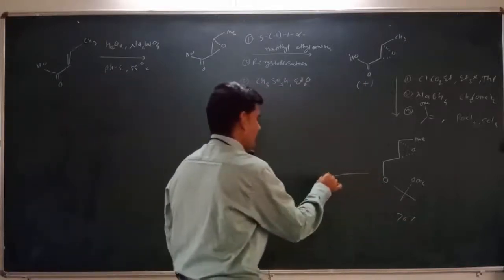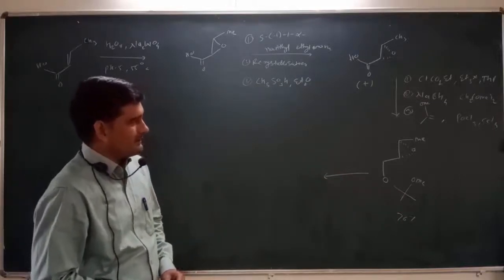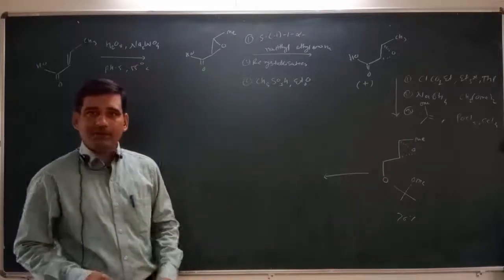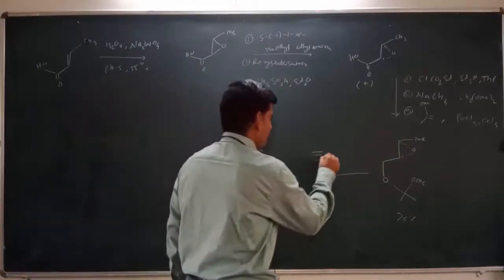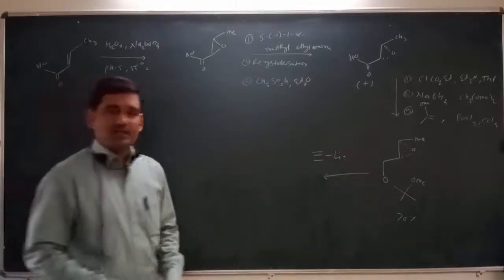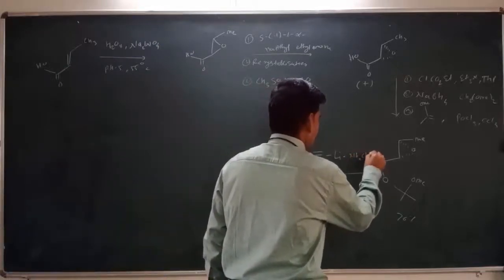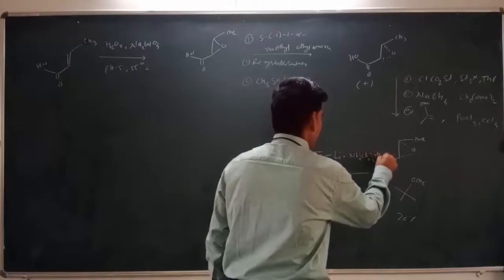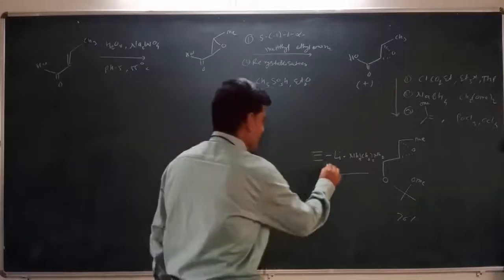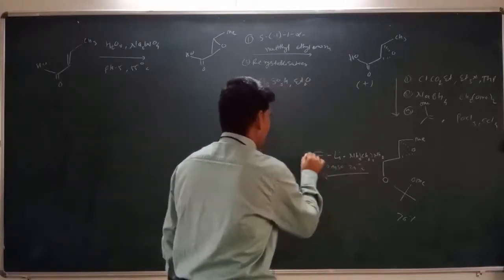Then in a further step, this compound can be treated, or we can say alkylated, at this terminal position, and this alkylation can be done by using the acetylene lithium complex with ethylenediamine, that is NH2CH2CH2NH2. So this is the complex, and then in the presence of solvent DMSO at 25 degrees Celsius, right?